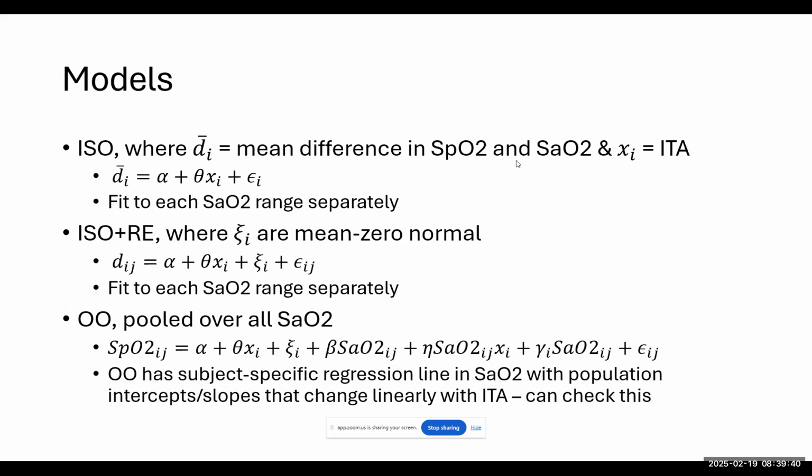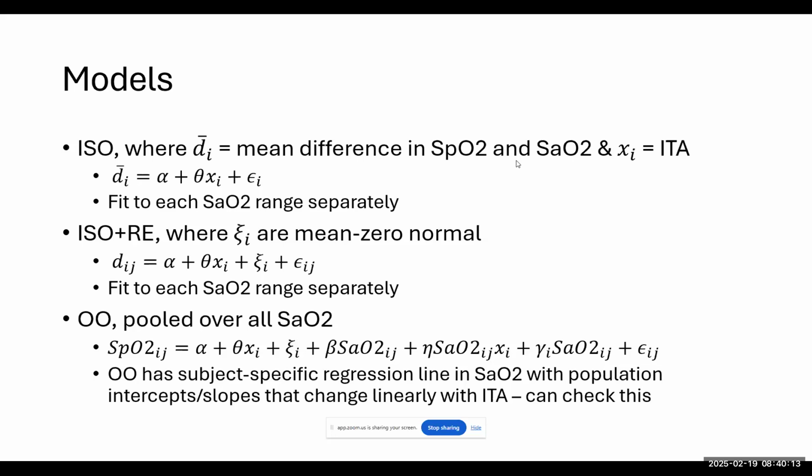There's the models that we looked at with the Greek letters and everything. The point is we have ISO, the simple regression, but then we added a random effect. It's something that we talked about in an ISO meeting a week or two ago. Does that make a difference? I was curious. It's something that the FDA and OpenOx symmetry have, although they have repeated measures. They have basically a separate slope for each subject. So we just added that in to account for the repeated measures, and sometimes subjects don't have the same numbers. And in the simple ISO model, I was a little bit worried that maybe the weighting wouldn't be quite right, so we wanted to double check that.